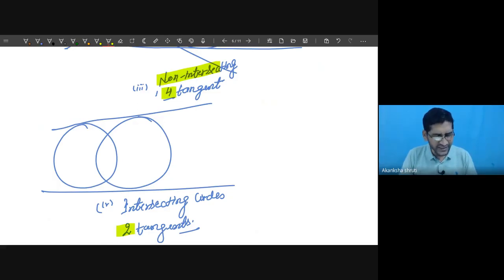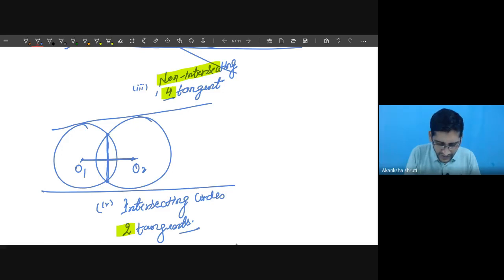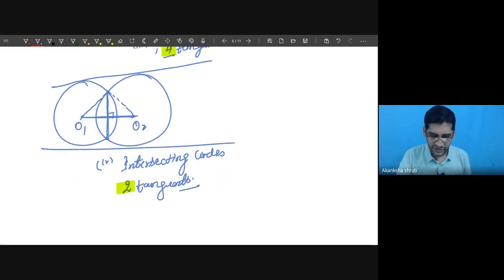Students, in this case additional things are possible, like if O1 is one center and O2 is the other center, the same relation as we have done earlier applies. So the chord joining the points of intersection will be perpendicular to the line joining the centers. This can also be proved by taking the 90-degree angle and the two triangles. Okay, it is this one. Based on this, we will also see the question.